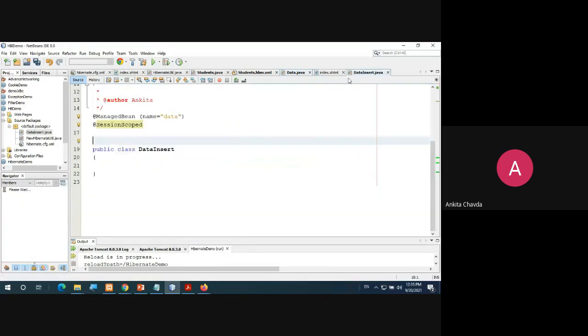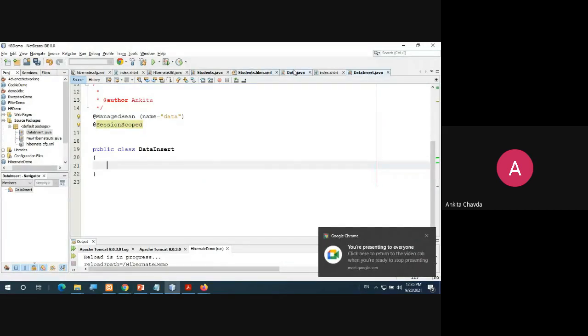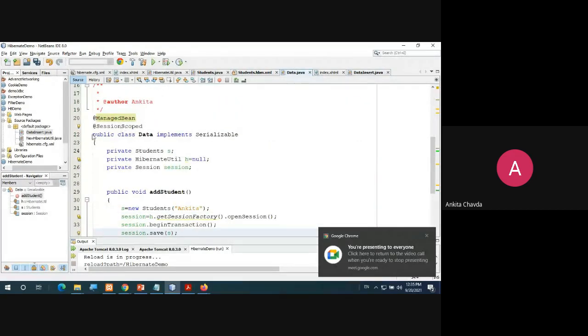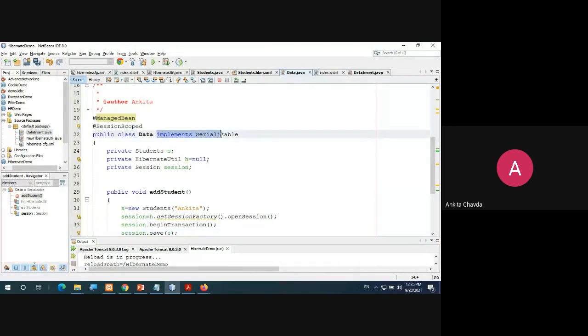After that, you can have this public class Data that implements Serializable. If you don't do this, it will also be fine. I'm finding the solution because one of the errors is there. So this is the public class Data you are having now.